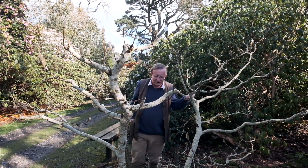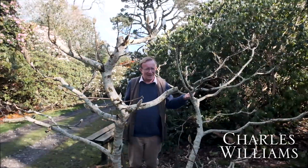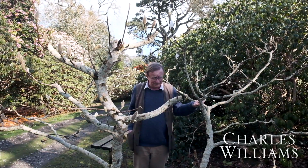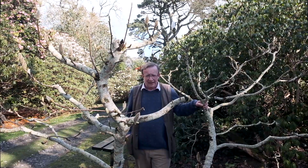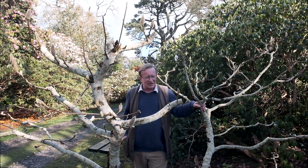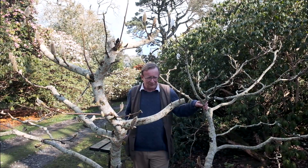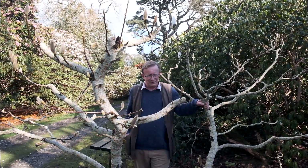People often ask about whether or not one should ever prune magnolias, and the answer is generally leave well alone. But I'm standing by quite a small growing magnolia which had problems, and the problem was that in March 2018 the beast from the east struck Cornwall, and for at least 10 days we had really bitter cold winds